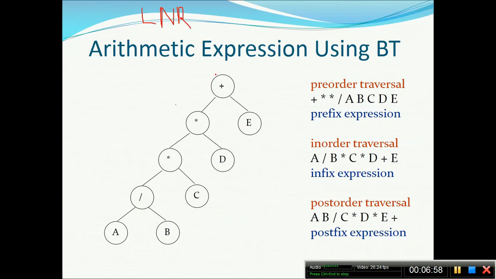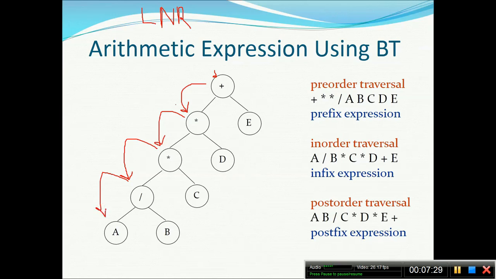Okay, so I cannot solve this plus until I solve this entire left subtree. So I will jump from here to here, star. I cannot solve the star until the left subtree has been solved. So I will go to the next step. I cannot solve this star because the left subtree is present and has not been traversed yet. I will go to the left subtree. Now again, divide cannot be solved because the left subtree exists and has not been traversed.